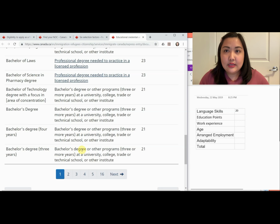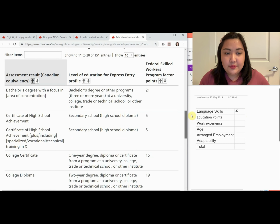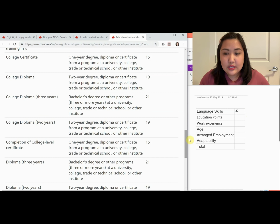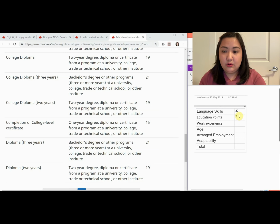Now, the thing is, kung sa WES kayo nagpa-assess and ang nabigay sa inyo is 2 years, so it can either be this one, college diploma, 2-year degree. So instead of 21 points, you'll get 19 points. So for this one, let's assume na 3 years yung binigay sa inyo na assessment. So I'll go ahead and put 21 points. And then going back,